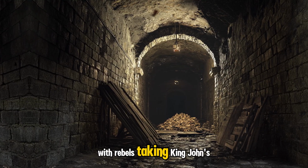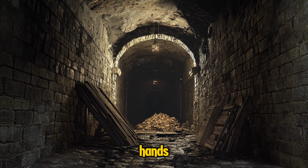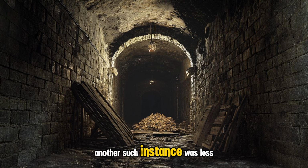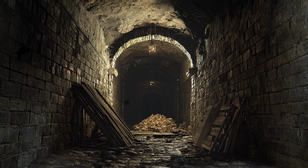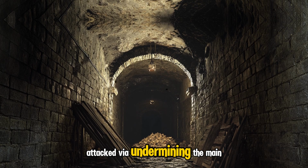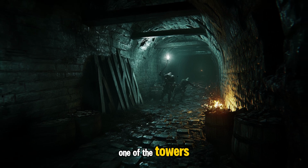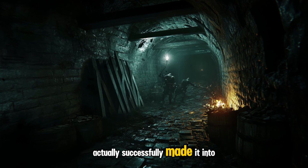With rebels taking King John's strongholds, many castles fell into their hands and required breaching for the crown to reclaim. Another such instance was less than a year later, in 1216, at the siege of Dover Castle. Nicknamed the Key of England, Prince Louis, head of the rebel forces, attacked via undermining the main outer gate. He succeeded in bringing down one of the towers, fortifying it, but never actually successfully made it into the castle